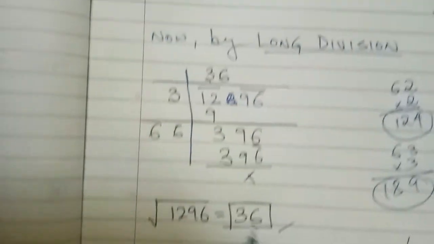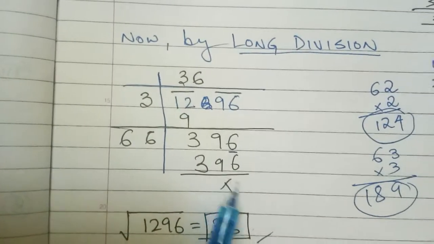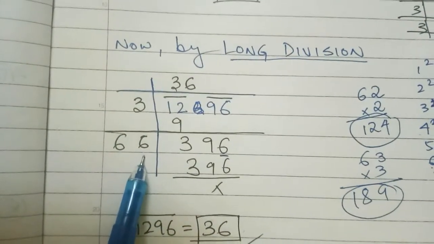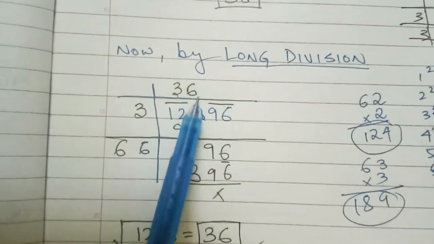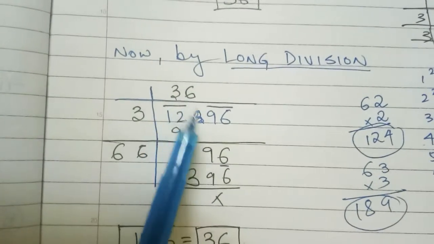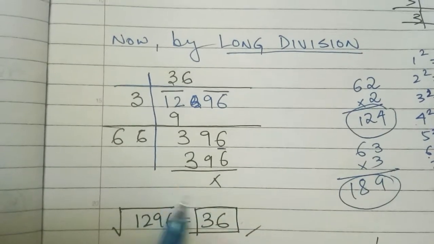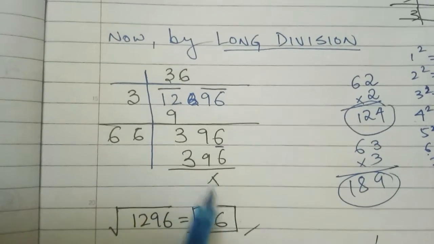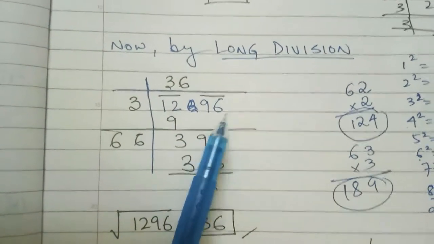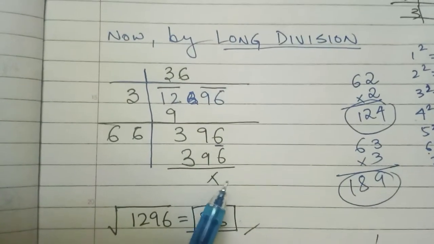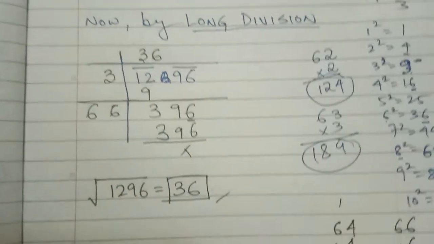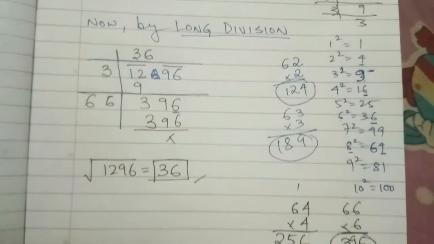Now what I have done, I put the value 396 over here. And this 6, the same 6 we have written over here, we have to write down over here also. Now in this square root, you will see that after finding the square root, there will be no remainder. If there is a remainder, that means it is not a perfect square number, or you have done something wrong. I hope you have understood this sum properly.